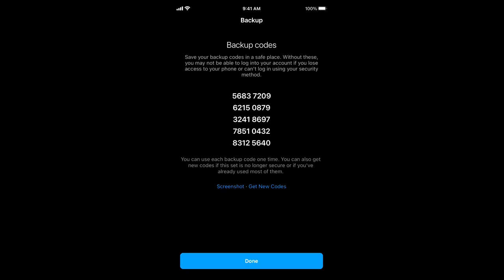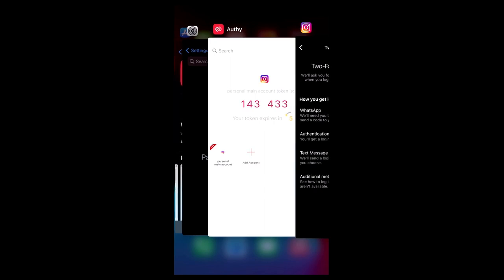Let's say something happens, you lose your phone, and Authy doesn't copy over your two-factor authentication accounts and codes, which is unlikely if you set it up correctly. So what this allows you to do is to enter back into your Instagram account if you don't have your two-factor authentication codes available. You could screenshot this by just tapping on screenshot, hit done, and now your Instagram account